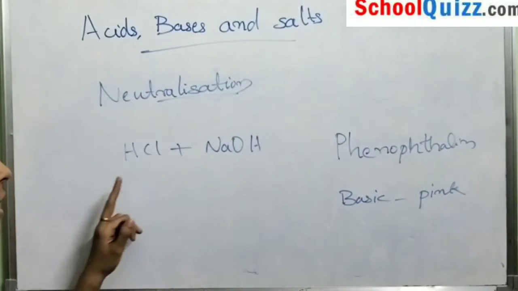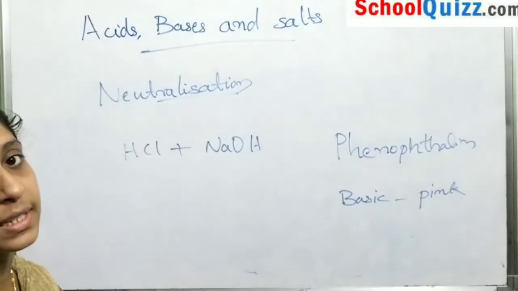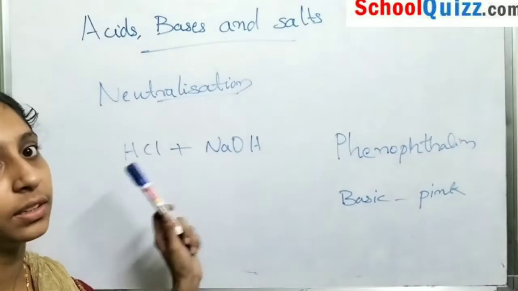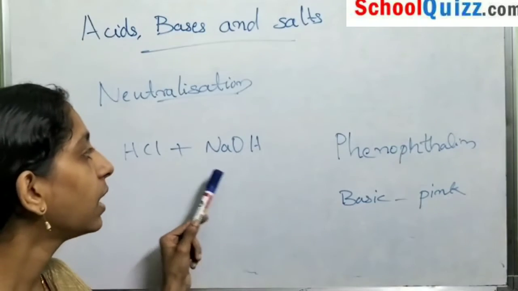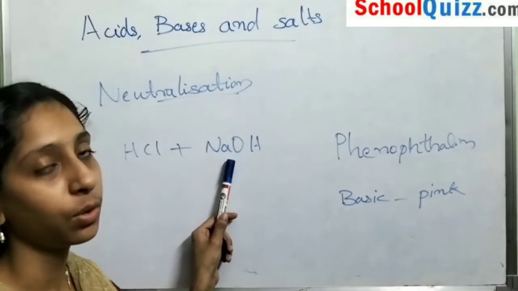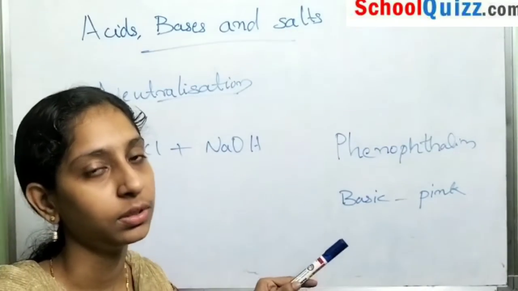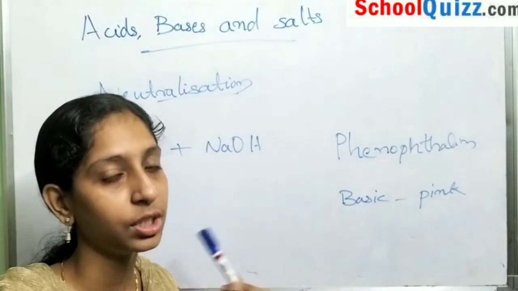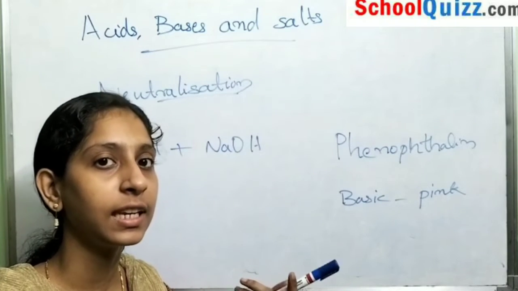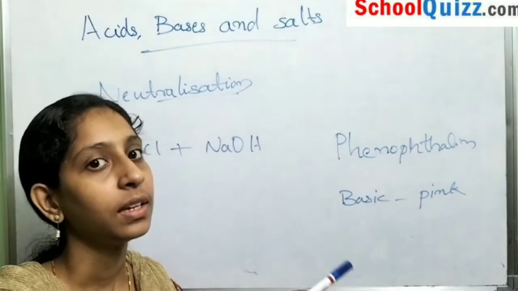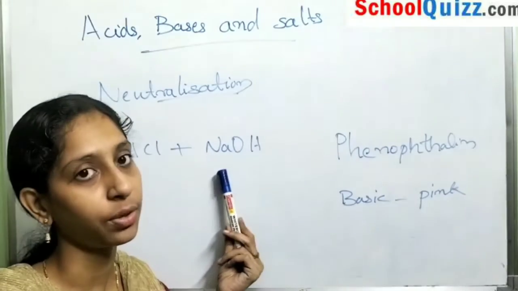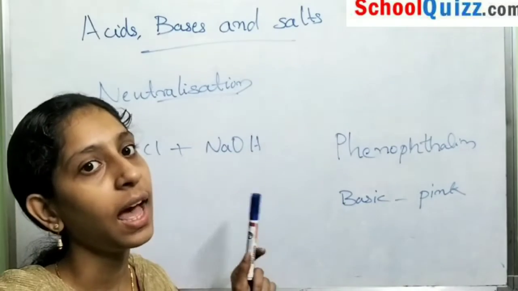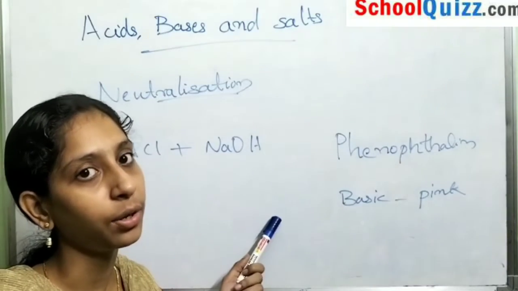We take some hydrochloric acid in a test tube and add phenolphthalein as an indicator. There is no color change in the test tube. After that we add sodium hydroxide dropwise. After a particular amount, the solution changes to pink. What is the color change indicating? It indicates the excess of sodium hydroxide. The particular amount of hydrochloric acid and sodium hydroxide react together, and the excess sodium hydroxide is indicated by the pink